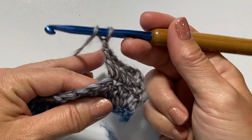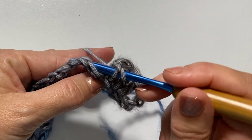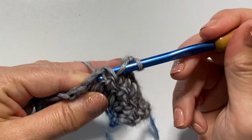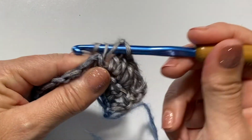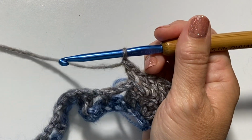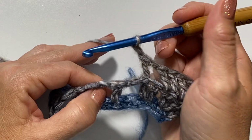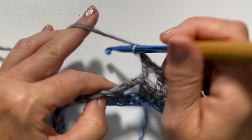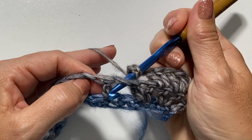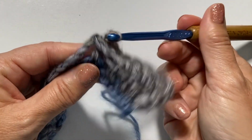So back post double crochet is yarn over your hook, insert your hook from back to front to back around the post of the next stitch, yarn over, pull up a loop, yarn over, pull through 2 loops on your hook, yarn over, pull through 2 loops on your hook. Chain 1, back post double crochet around the post of the next double crochet. It's yarn over your hook, insert from back to front to back around the post of the next stitch, yarn over, pull up a loop,